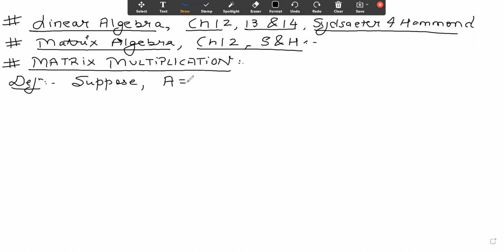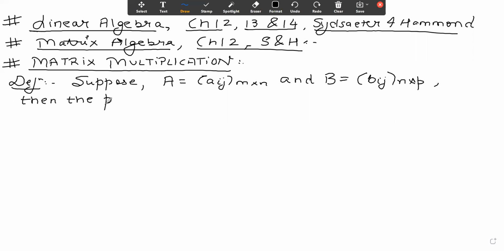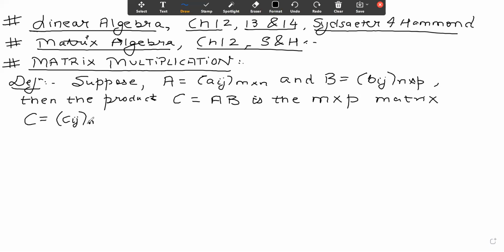Suppose I have a matrix capital A, which is Aij, which is an M cross N matrix, and another matrix capital B, which is Bij, which is N cross P. The order of the first matrix is M cross N. The order of the second matrix is N cross P. Then the product, denoted by matrix C, which is A into B, is the M cross P matrix, C equal to Cij, M cross P,